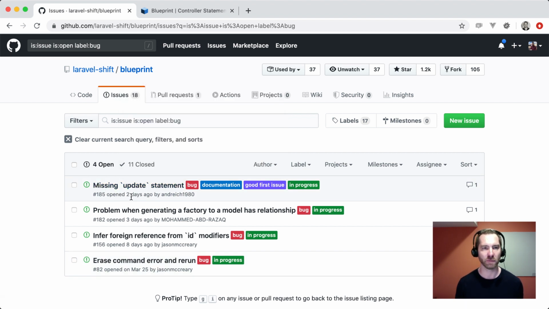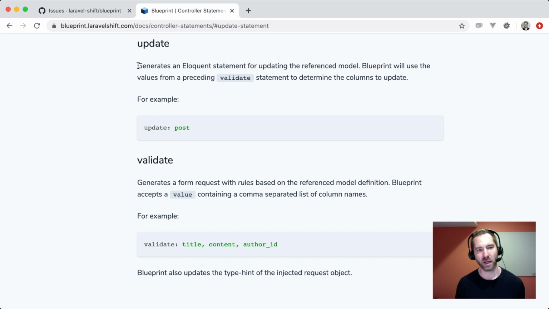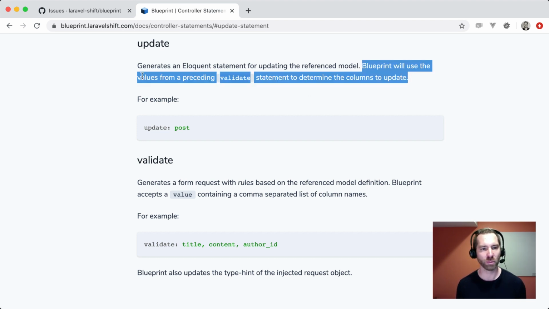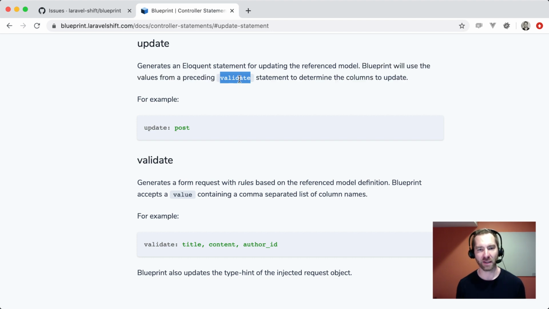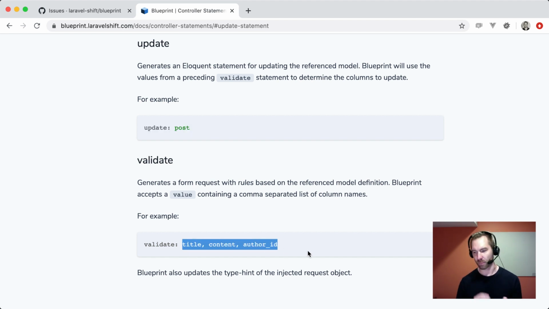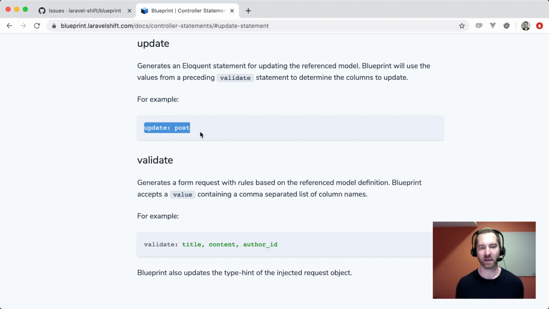So let's go with the update statement first. According to the documentation, I basically said that you can generate an update statement, an Eloquent update statement, as we know. And I even go so far as to say Blueprint will use the values from the preceding validate statement. So for example, this is kind of nice. Update and validate are right next to each other. So if you have validate and then all this, and then you say update post, it would actually set those additional fields in the update bit there. That's kind of interesting that I said it would do that because that's pretty fancy. I don't know if we'll get that far today, but let's at least make the update post